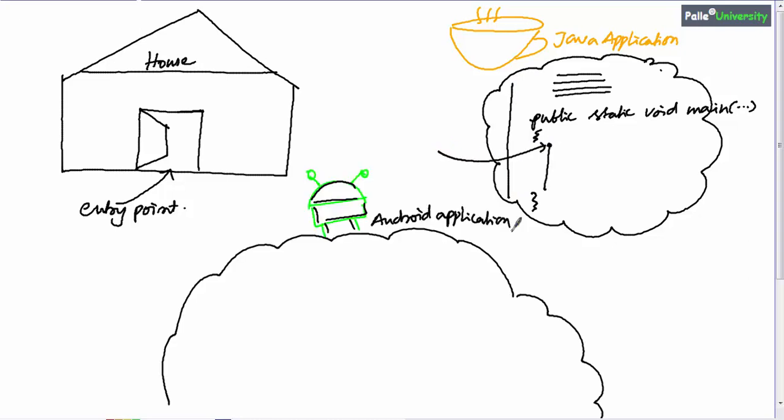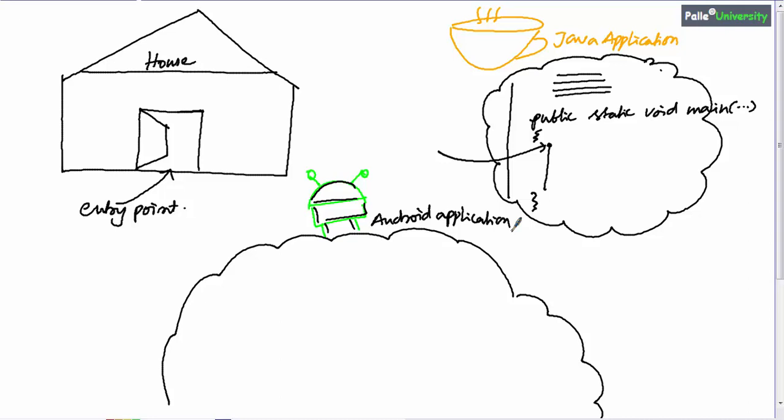Similarly, every Android application will contain many screens. Each screen will contain its own entry point. It is something like if your house has 2 rooms, every room will have its own entry point or door. Similarly, every Android application may contain many activities or many screens. In that case, every activity will contain one entry point.